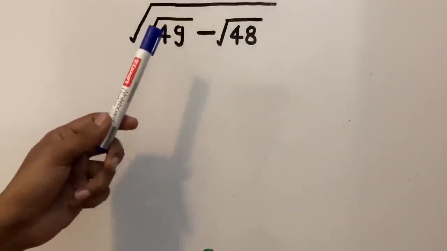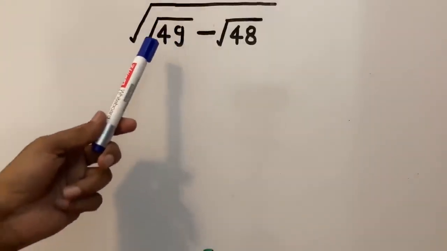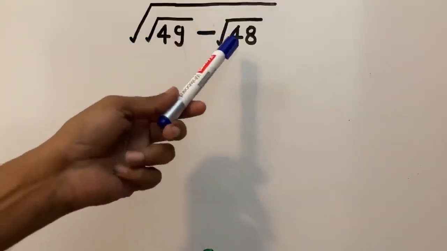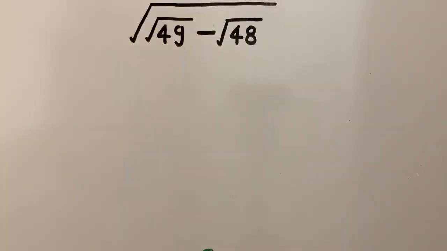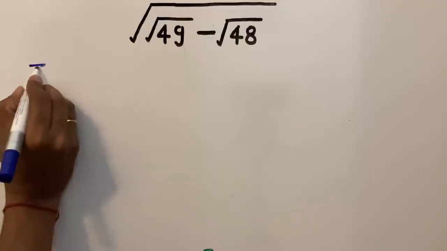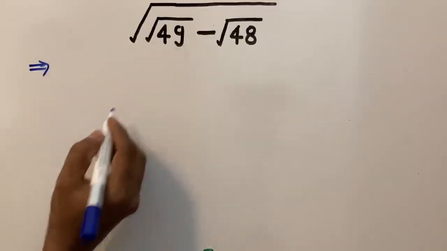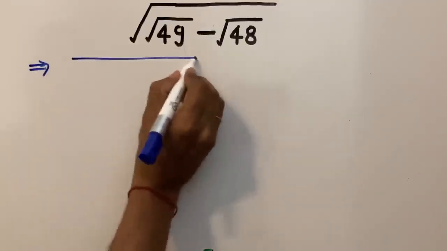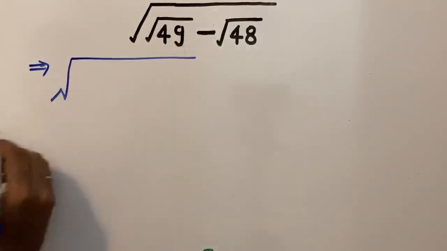This is a typical square root problem where one number has an absolute square root value while the other doesn't. So let's see how to solve it. 49 is equal to 7 to the power 2, so this can be written as square root